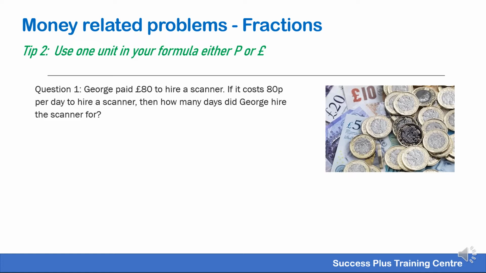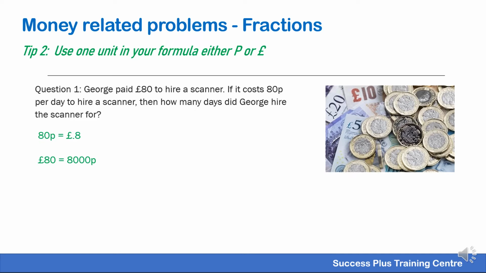Clearly, in this question, you were given 2 money values in different units, £80 and 80p. Before you start answering this question, you must convert one of those values from one unit to another. You can either convert 80p to 0.8 of a pound when dividing 80p by 100. If you felt less confident with decimals, then it might be easier for you to convert £80 to 8000p by